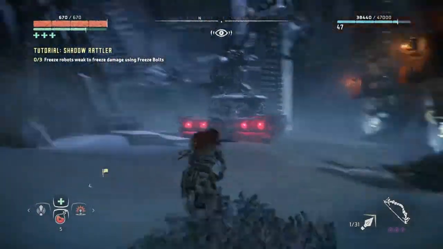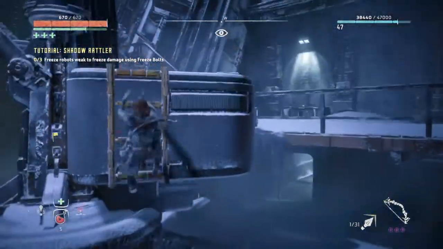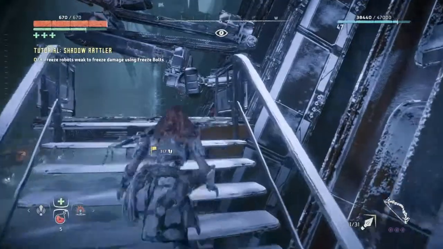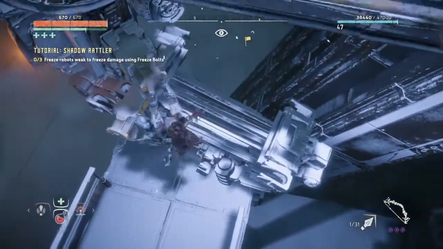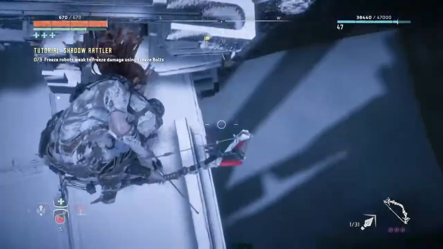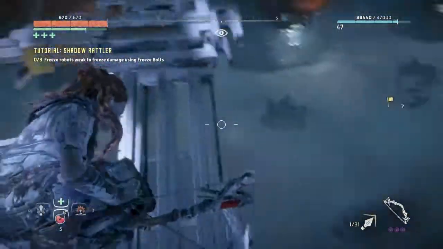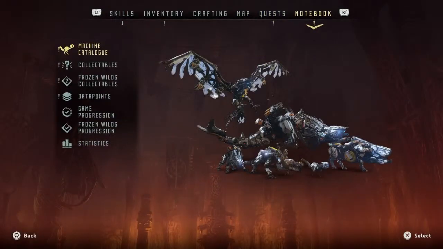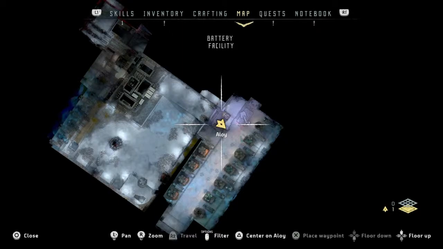So basically I wanted to see what happens when you don't rescue Itman from the Sun King, not from the Sun King, from the Karja, sorry, from the Shadow Karja. No, I don't want to go on there, please, thank you. And I wanted to see what would happen if I completed Frozen Wilds first, because if I go to my quests, main quests, Grave Horde, and if we go to the map,